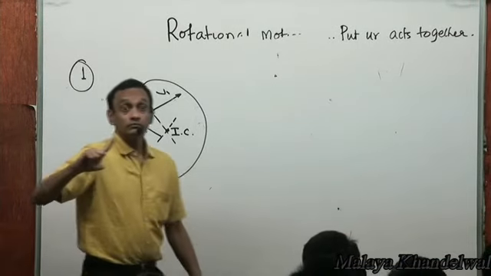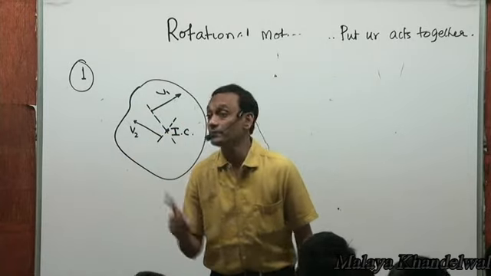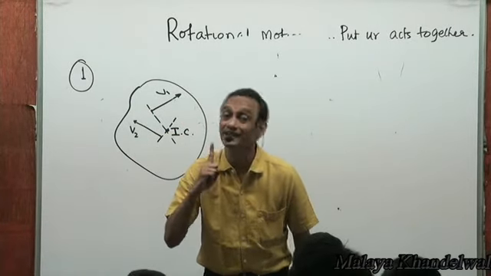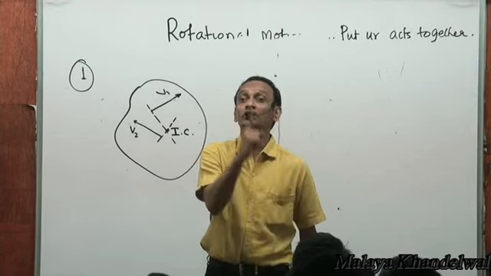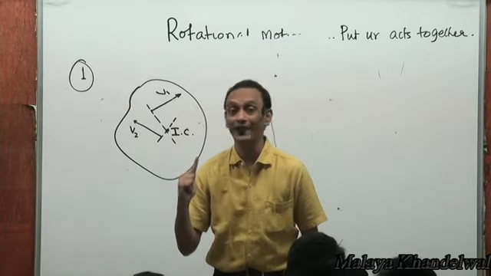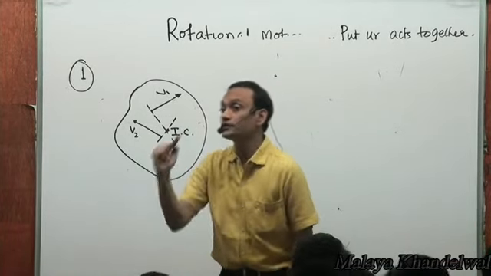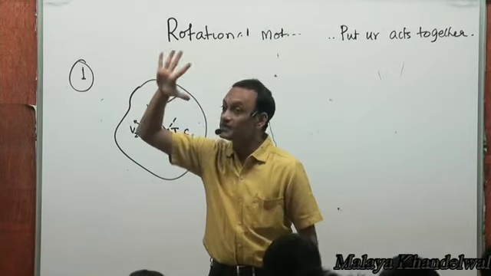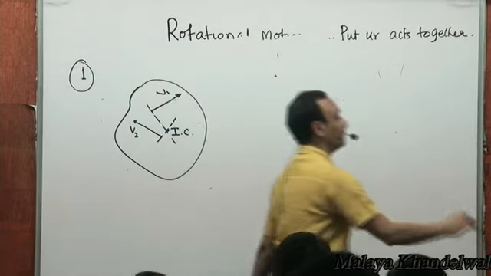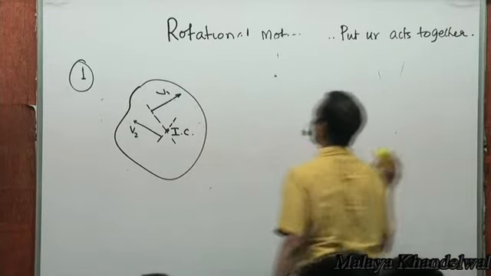And tau equal to I alpha can be applied about the instantaneous center as well. There are only two legal positions about which you could apply tau equal to I alpha: the center of mass and the instantaneous center, right? Now,